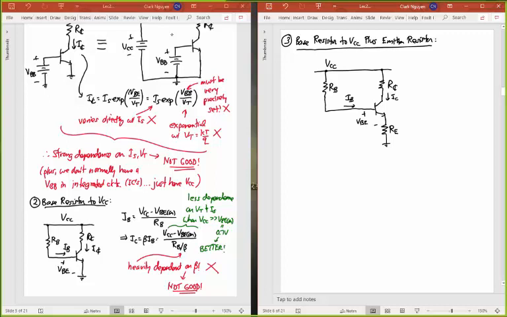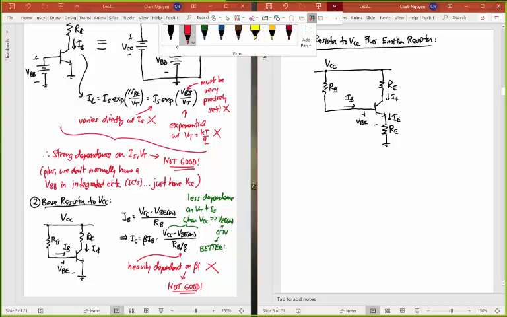And there's the IC that I'm looking for, but on the way to it, I might want to determine the IE that I have. And so in this case now, to analyze this circuit, you do the same thing that we just did before, and that's apply KVL in this case. So if I apply KVL around this,